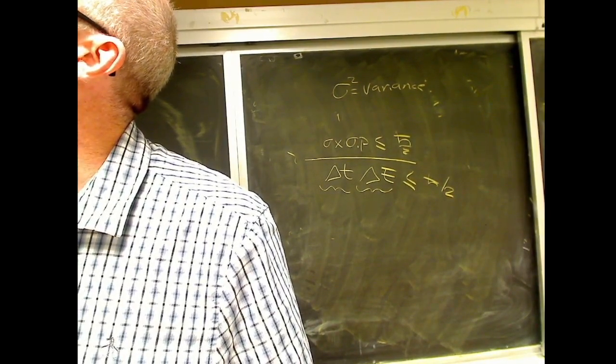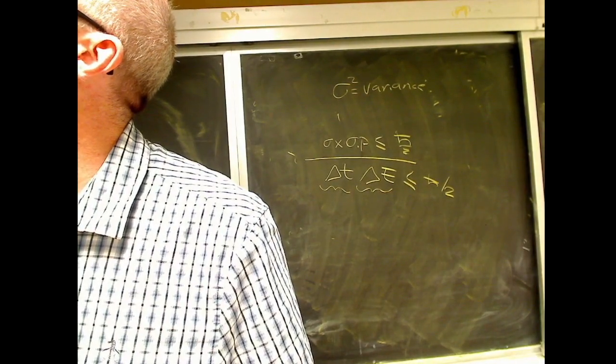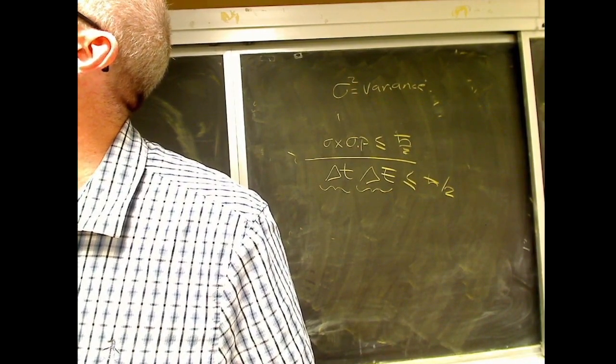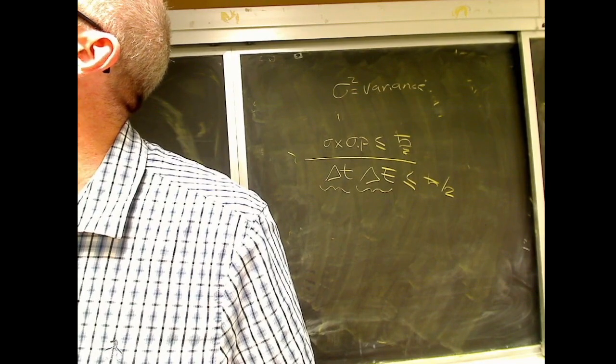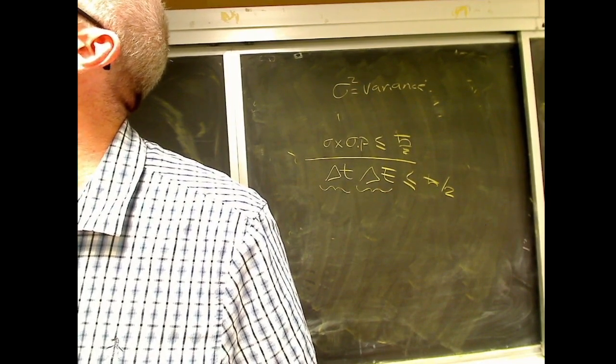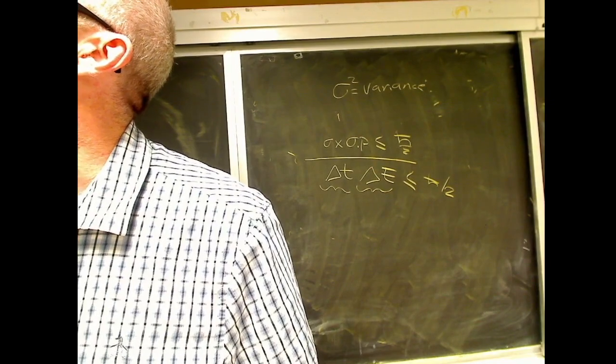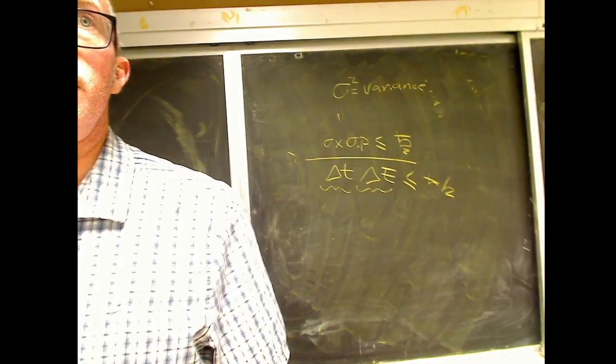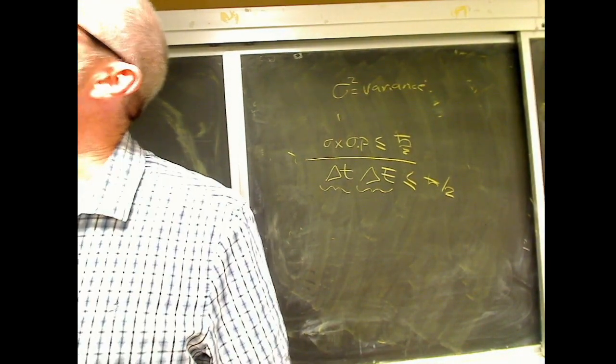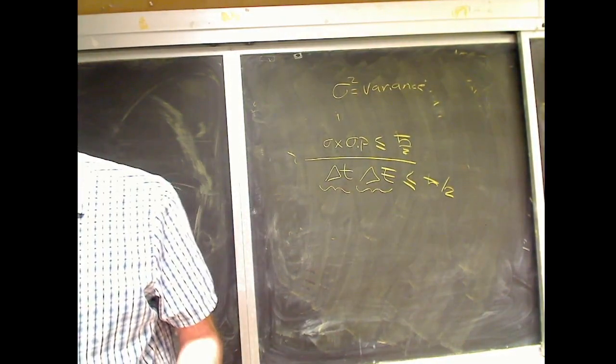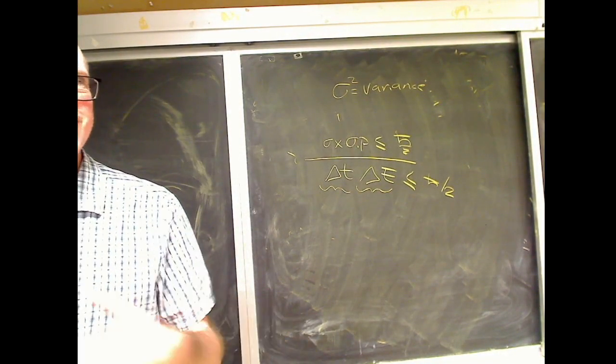The up quark has a charge of 2/3 of an electron charge, and the spin is 1/2. The charge of a down quark is minus 1/3 of an electron charge. So if I have 2 ups and a down, then I have a charge of 1, and that's a proton. 2 downs and an up gives me a charge of 0. That's a neutron. Kind of neat. So I'm just switching these things.